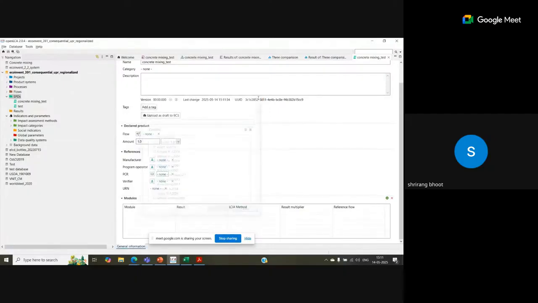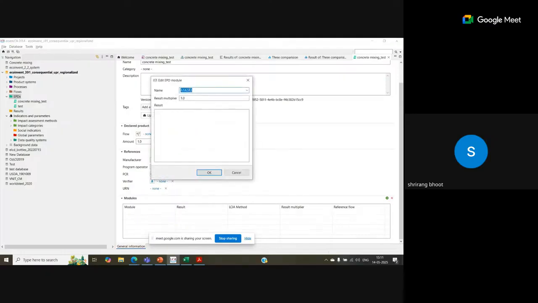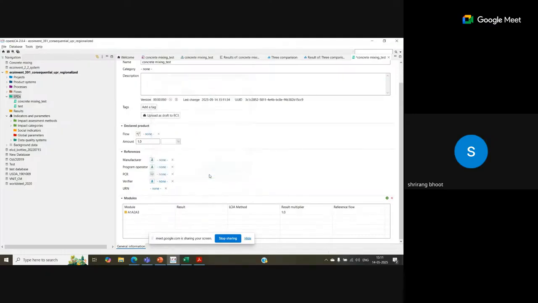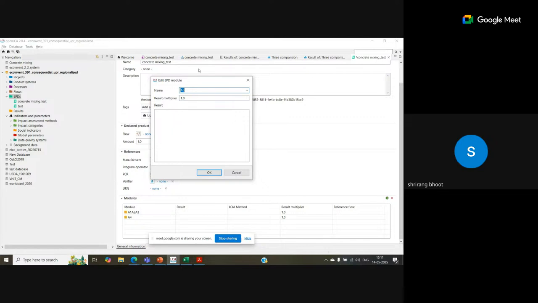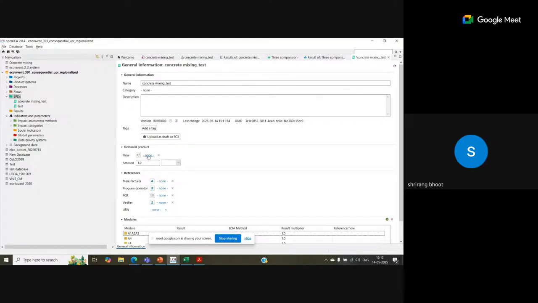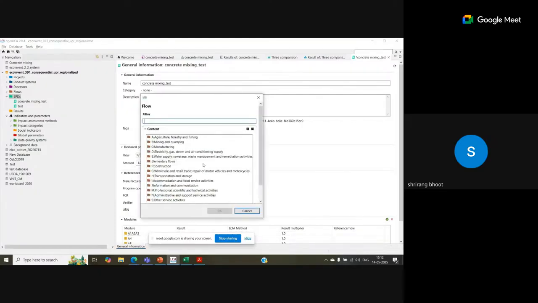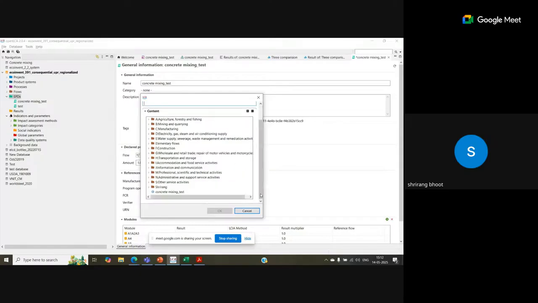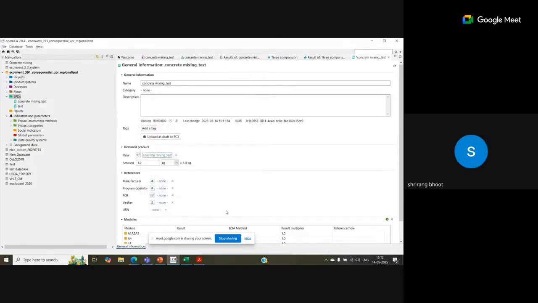These are from the standard database, and then you have to add the modules, like A1, A2, A3, which we discussed in the morning, and then you can add A4 and so on. Once you start adding the modules, you have to connect your flow here, and then you can generate EPDs.